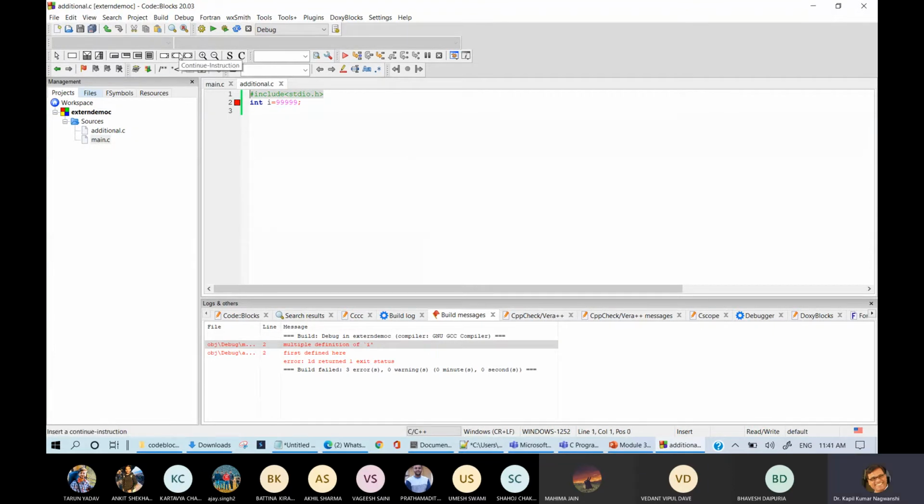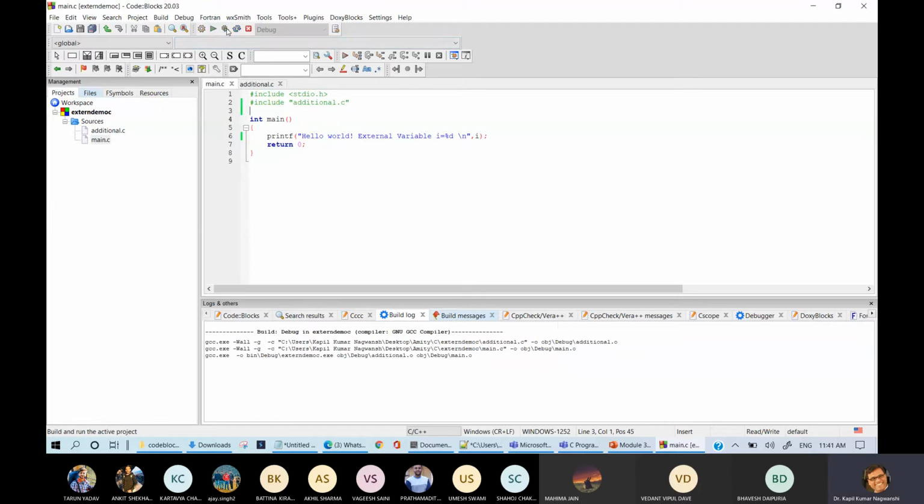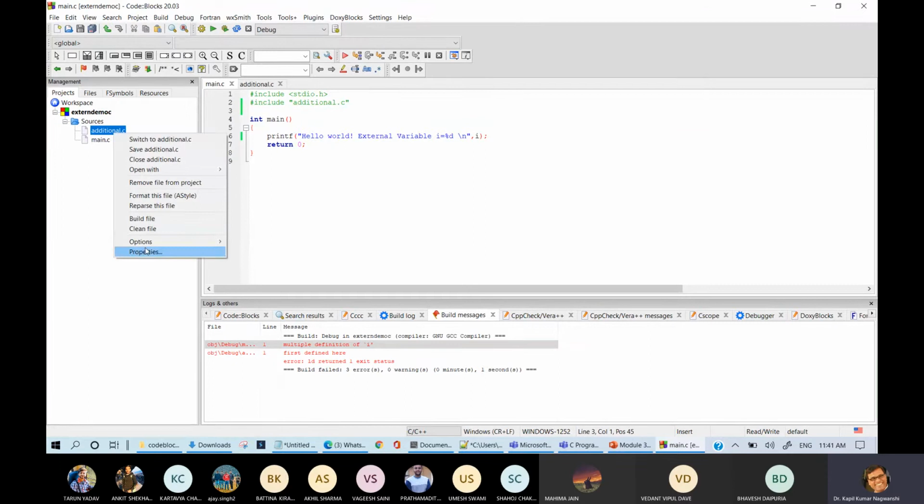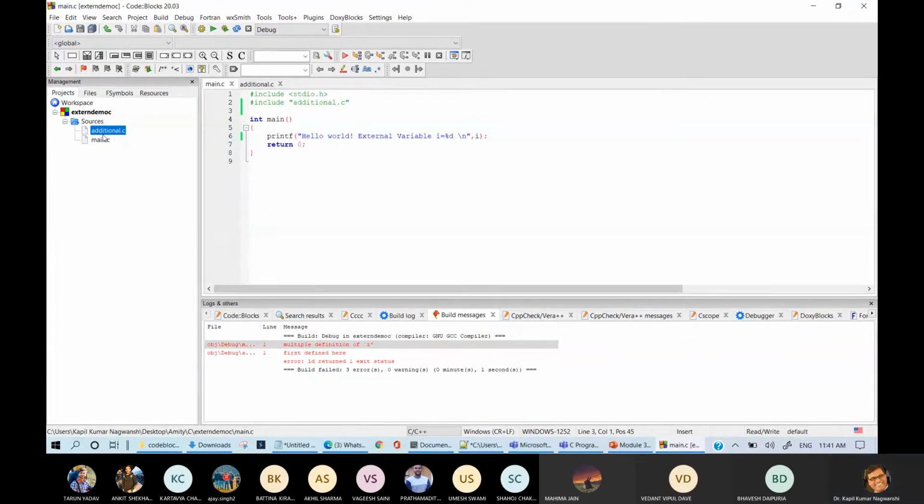I don't know. Let me delete this line also. So I don't know what the problem is here, but if I had included this additional.c, is the spelling correct or not? Rename it, ADDITIONL. Yes.